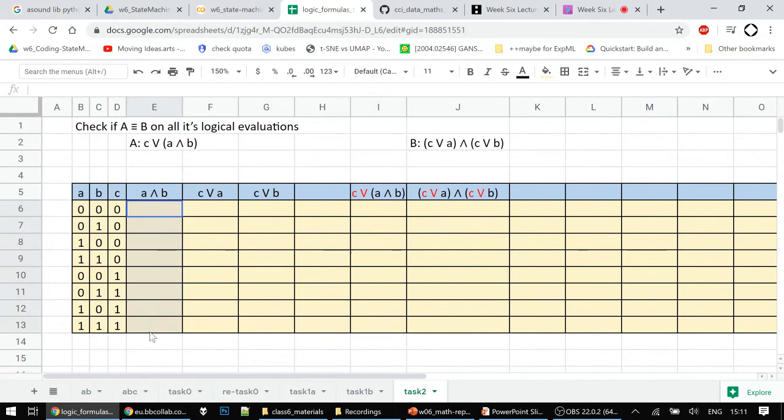For this whole row, we don't care about the C value at all, so we will know that this one will be the same as here. So A and B will be true only if both A and B are 1. So here and here. Right, and everything else is 0. Okay, this one. Okay, all of these. Okay, for OR between C and A,